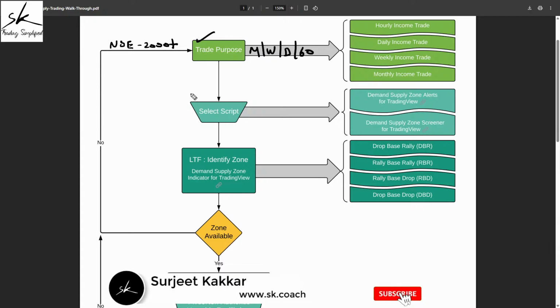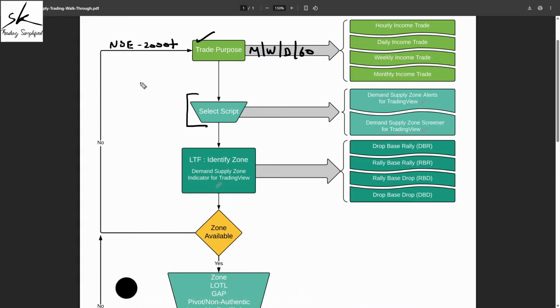So what we need to do now is we need to have a process in place for selecting a smaller list of scripts. And the way we do that is by using certain computer programs, which are called scanners or screeners. What these computer programs basically do is you input certain conditions into them, that these are the conditions I'm looking for. And then these programs identify that out of these X number of symbols which are available, which symbols are matching with those conditions. And whatever is matching with those conditions gets shortlisted for us, and that is how we get a smaller list.